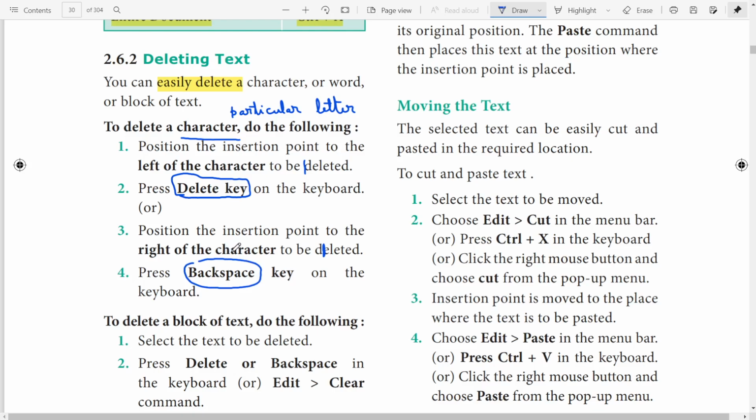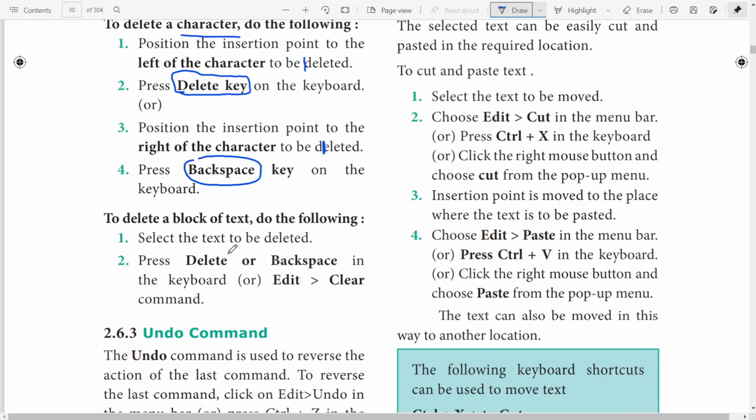Is it clear? You can delete a character using two methods, either using the delete key or the backspace key. While using the delete key, you need to keep the pointer before the particular character. On using backspace, you need to place the pointer after the particular letter. Is it clear? Okay. Next, to delete a block of text,